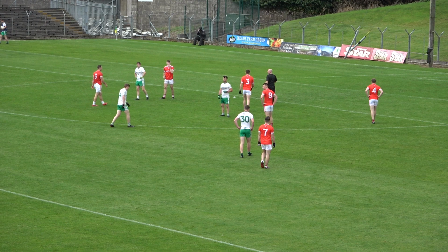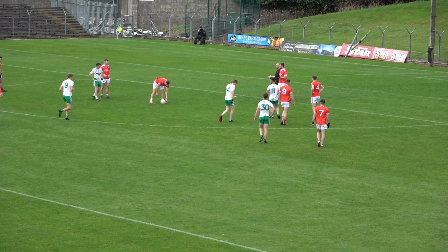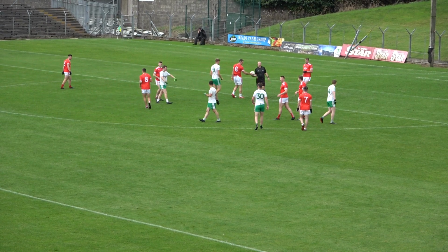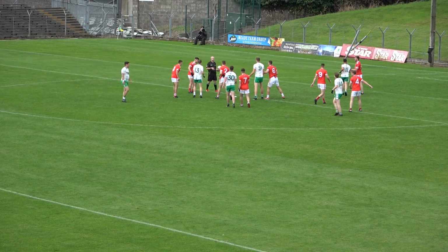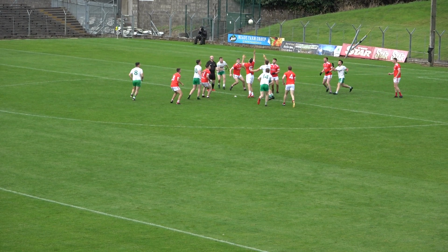And a minute gone in the game, no score in the second half, draw match, Trim 11, St. Pat's 1-8, and referee, because of the quick kick out and because there were men inside the D, it's going to be a throw up in the 14-yard line. Remember, Pats are down to 14 men for the first 10 minutes of the second half because Shane McGinty